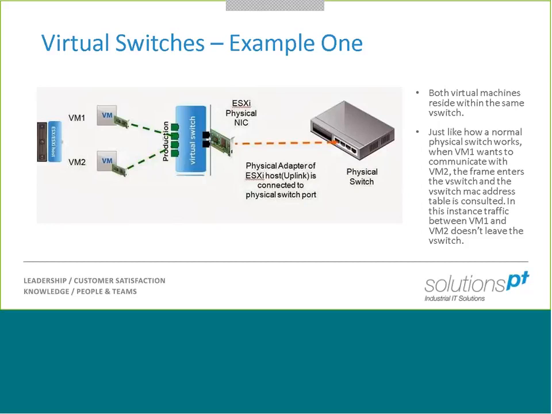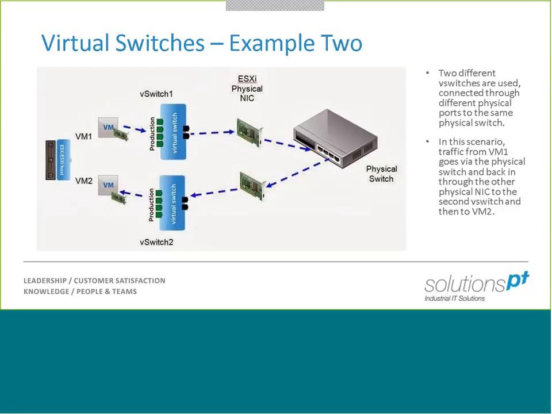It stays there. So our first advantage of virtual networking we talked about was the ability to alleviate stress on the physical network. That's the example there of how we would do that. If your virtual machines are within the same V switch and they're within the same VLAN and the same subnet, then that traffic will never leave a V switch. It will never be presented onto your physical network. That's a big advantage, particularly if we're talking about virtual servers that are sending a lot of traffic and are quite bandwidth hungry, should we say. So that's the most basic example of a virtual switch and how it would be set up.